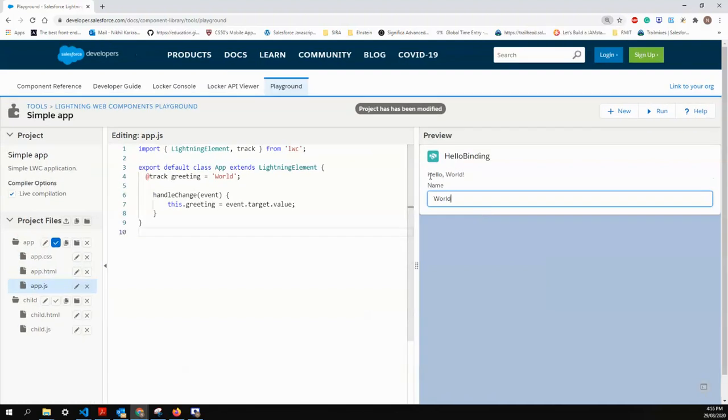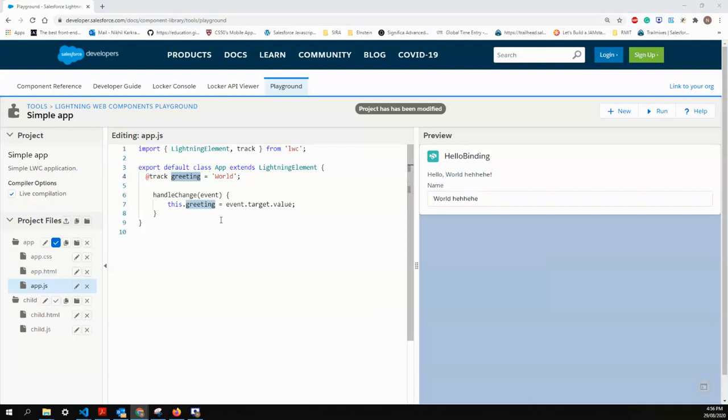By default, it's hello world in the p tag because we are passing the world data to our property greeting, and by default greeting is set in the input. As soon as I change it, it will start changing the value in the p tag as well as in the input field. So this is what we're going to test. First we're going to test the value in the p tag, then we'll see on change of the value of the input field whether the value of the p tag is changing or not. This is how we're going to test our first binding, and then we'll test our events.